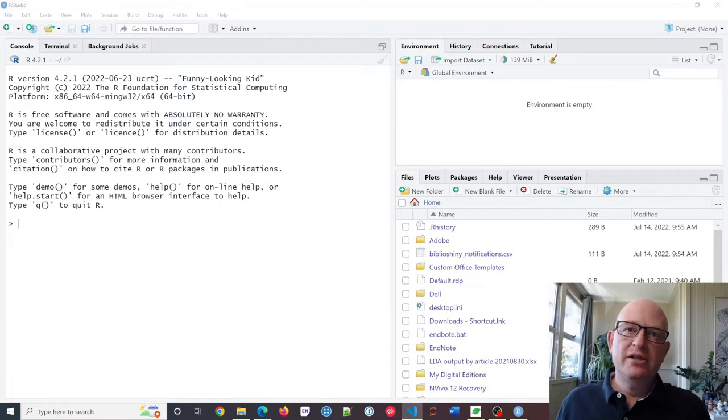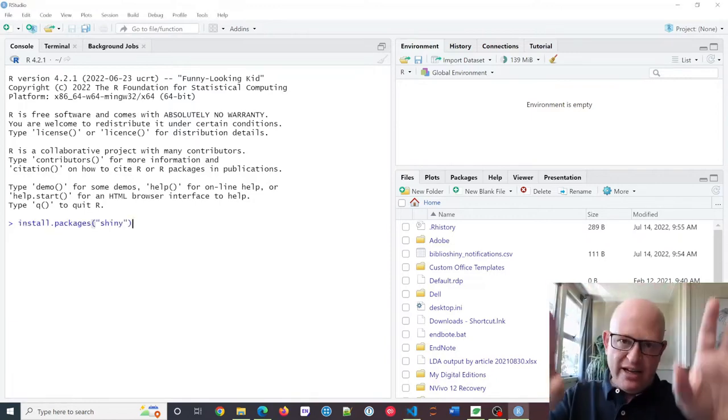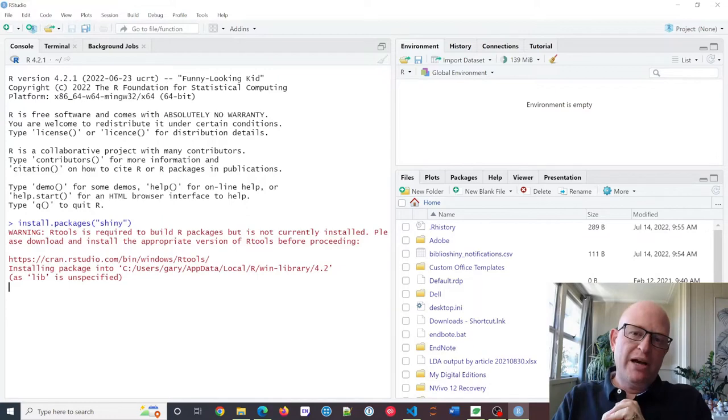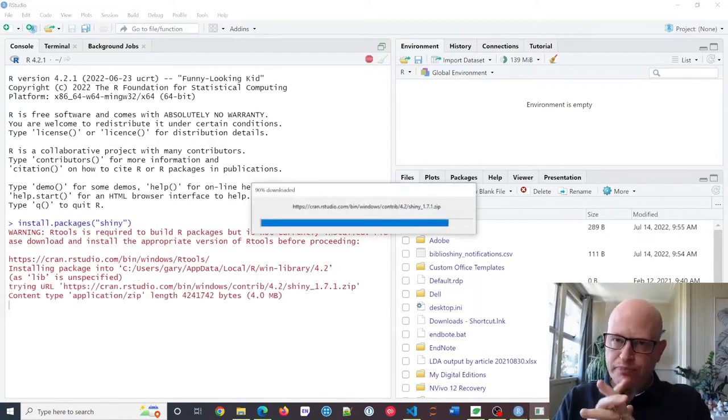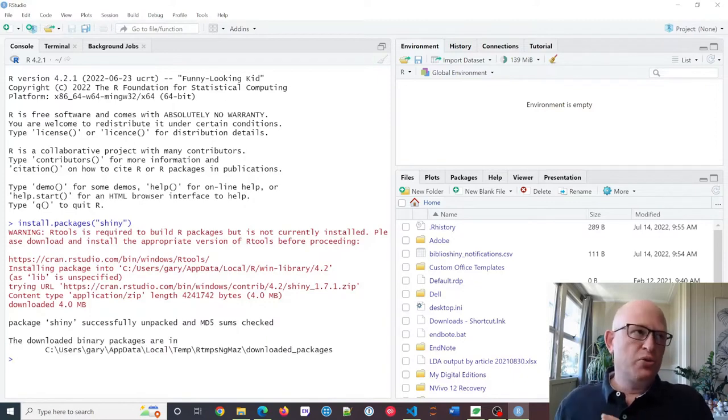So the first one, we're just going to type in the install.packages, and as you can see on the screen there, all we do is click enter on your keyboard. Various messages will come up, don't worry too much about that, and something called Shiny will now be installed. We'll just wait for that to finish, which it has now. Once that is finished, we're going to install, and this is just a once-off,